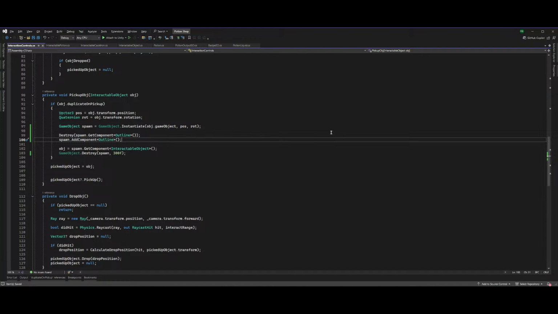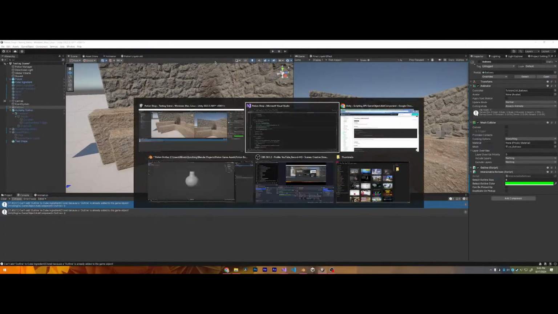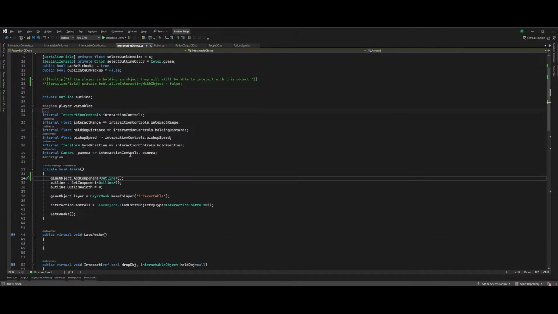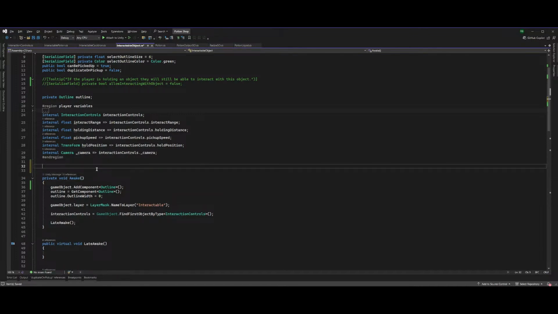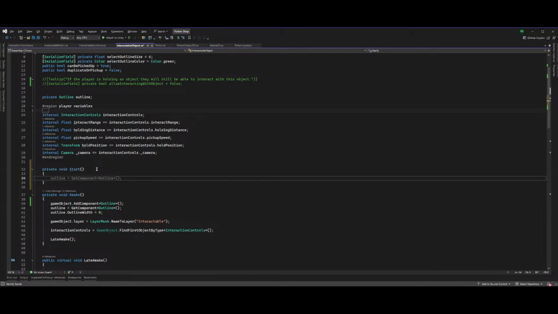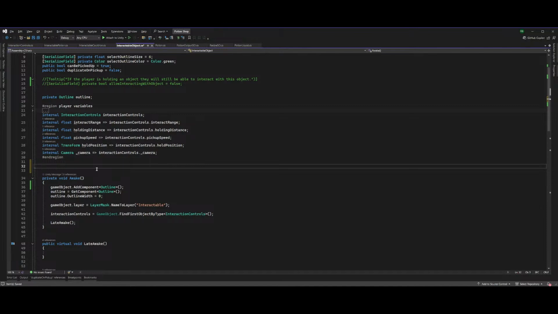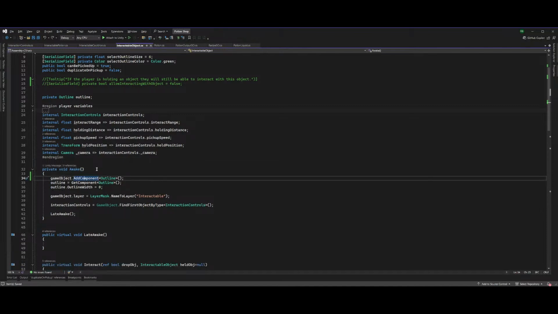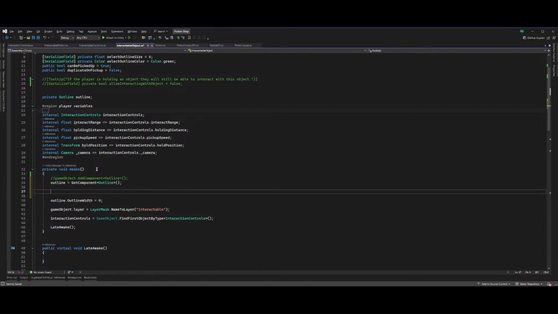I bet it. What if I put it in a start function? I mean, really all I need is if n equals null, then